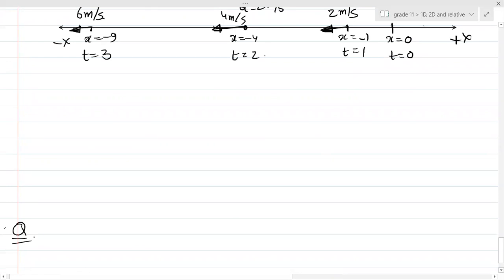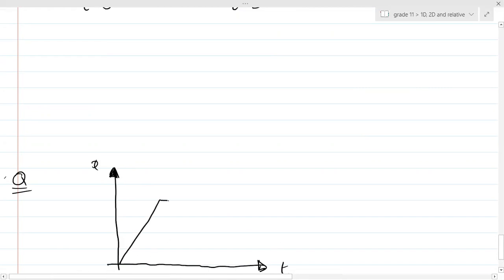Let's start with a very simple graph. You need to analyze how exactly the object is doing motion. You need to analyze the actual motion just by seeing the graph. I am drawing the position versus time graph. The graph is like this, then this, and this. I think this type of question you already did in school grades, right?